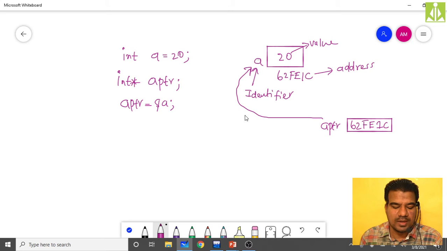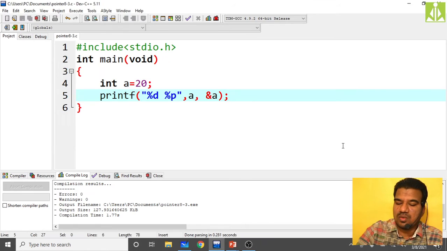Quickly, I will check the content of this aptr, and we will also check what address this aptr has. Being a variable, a memory location in computer memory, what address does it have? I'm not talking about the content, I'm talking about the address of this memory location. So simply we go and see.